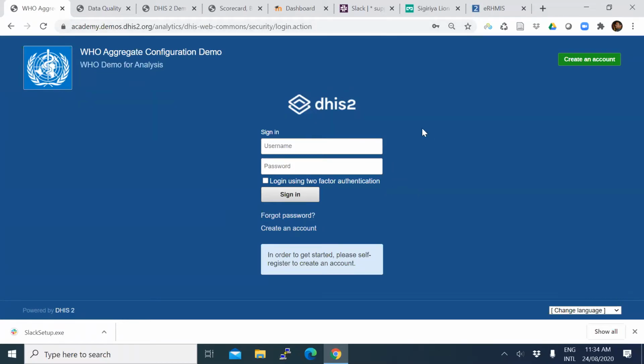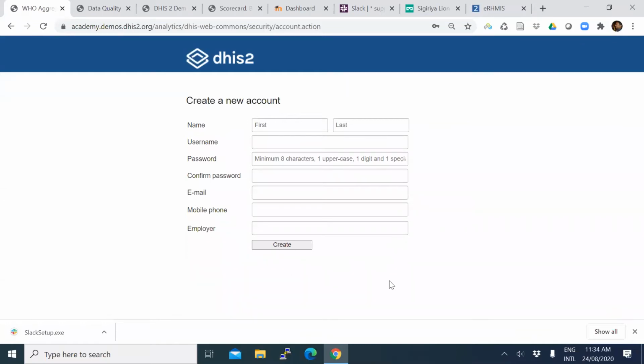We have not created accounts for you. You have to create your own account. There is a green button on the top right corner called create an account. You can click on that button, and after providing the necessary information, you will have an account in that specific DHIS2 instance, and then you can use it. So that is about